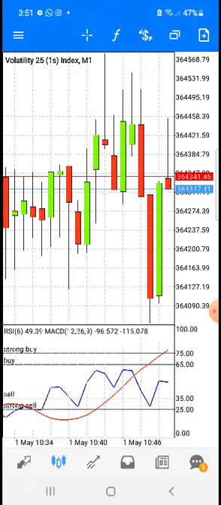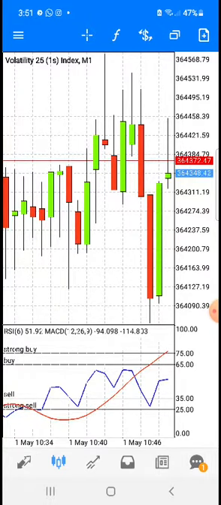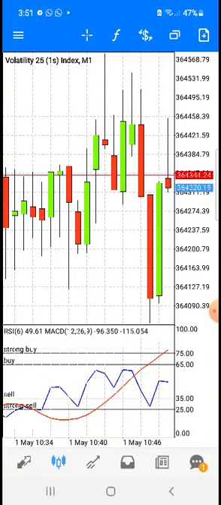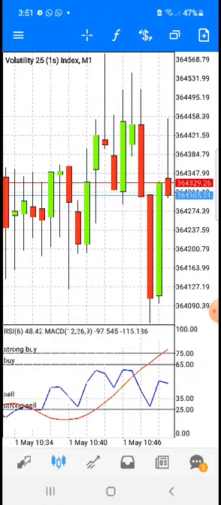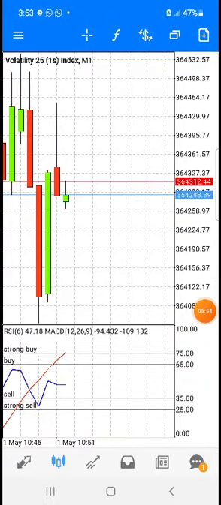The handle resembles a flag or pennant, and once completed, you can see the market breakout in a bullish upward trend. The next question asked by people is, what does a doji candle mean?